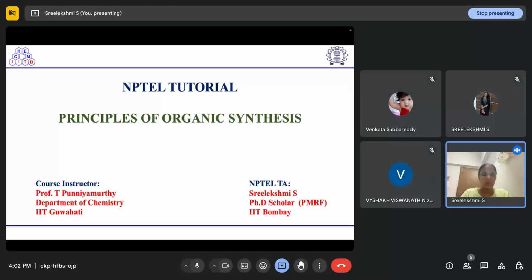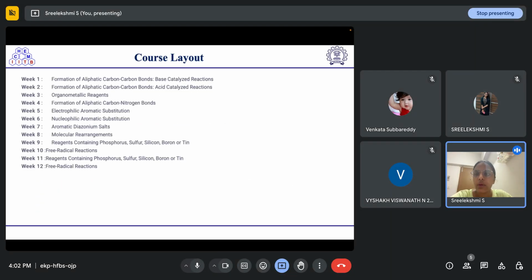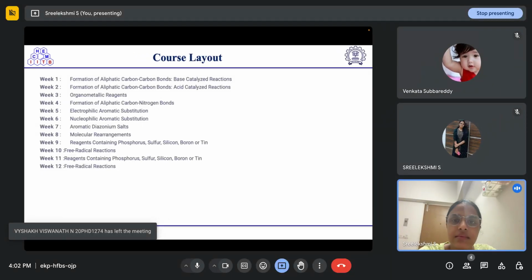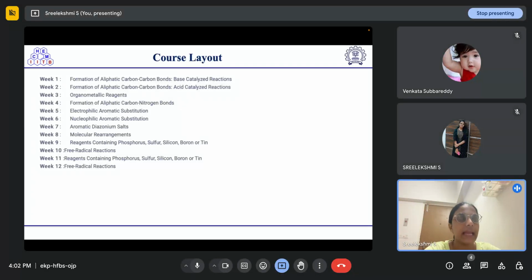Okay, so now let's move on to today's discussion. In week one, we have seen the formation of aliphatic carbon-carbon bonds by some base catalyzed reactions. And in the last week's lectures, that is week two lectures, we have seen the formation of aliphatic carbon-carbon bonds by some acid catalyzed reactions as well as some base catalyzed reactions. In that, we have seen the reactions of enolates, and again, we have seen the discussion between the kinetic enolates and thermodynamic enolates, and we have come across some named reactions like Robinson annulation, Michael reaction, and then in the